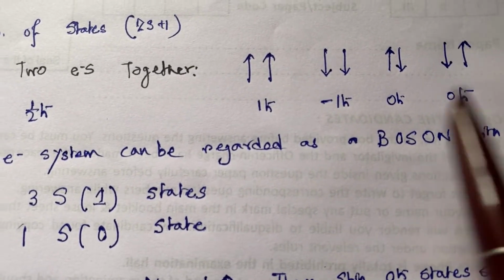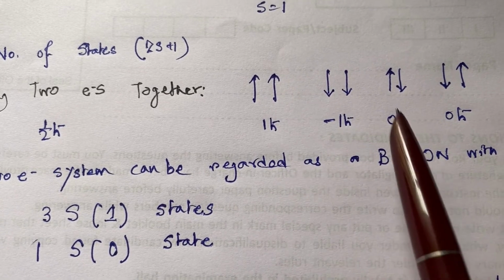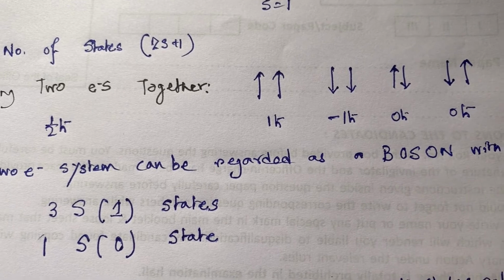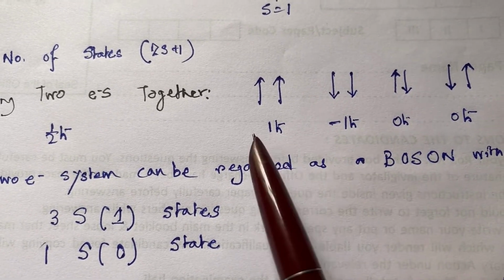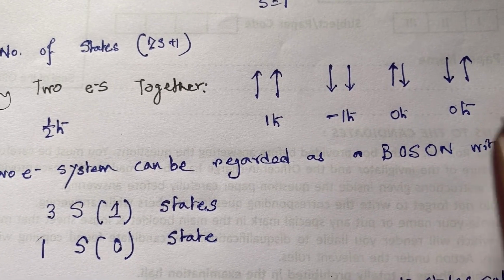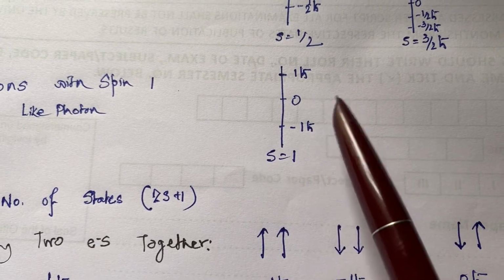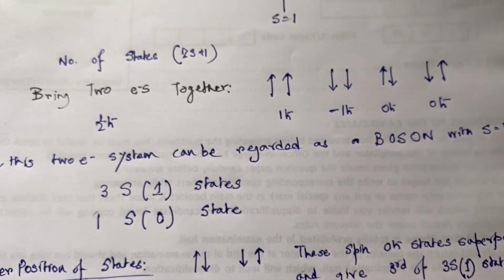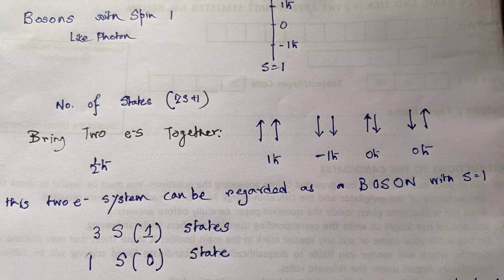তারা এরকম 4 রকমভাবে অ্যালাইন হতে পারে। দুটোই আপওয়ার্ড, দুটোই ডাউনওয়ার্ড, 1 নম্বরটা আপওয়ার্ড 2 নম্বরটা ডাউনওয়ার্ড, 1 নম্বরটা ডাউনওয়ার্ড 2 নম্বরটা আপওয়ার্ড। তাহলে সেক্ষেত্রে আমরা এই পসিবল স্পিন ভ্যালুগুলো পাবো। এই অ্যারেঞ্জমেন্টটা আমি একটা বোজনের থেকেও পেতে পারি যেখানে স্পিন ভ্যালু 1, -1 আর 0। তাহলে এই অ্যারেঞ্জমেন্টটাকে আমি একটা বোজন যার স্পিন s equal to 1 তার তুল্য